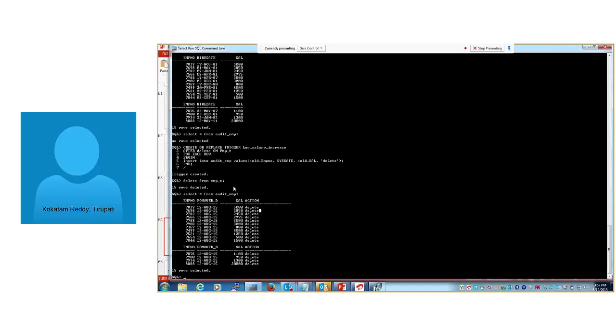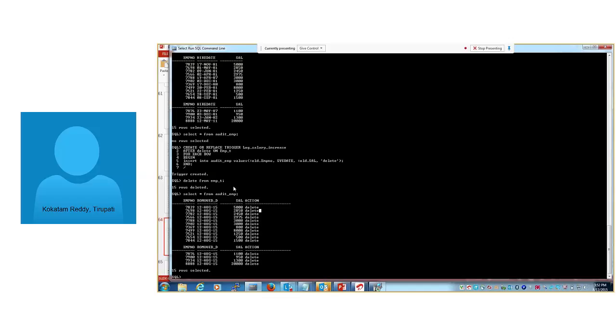So you have to add some other columns. Based on the information you need, we can add more columns into the audit table. If you want any other information, we have to add it into the audit table.